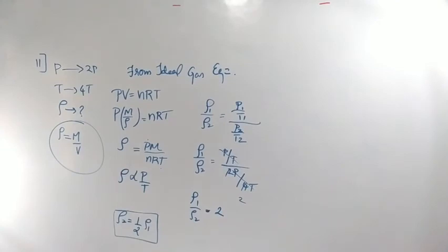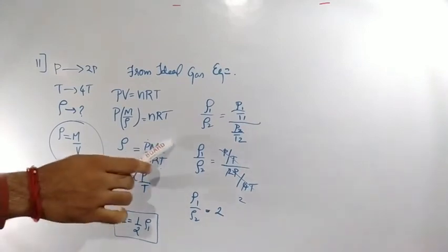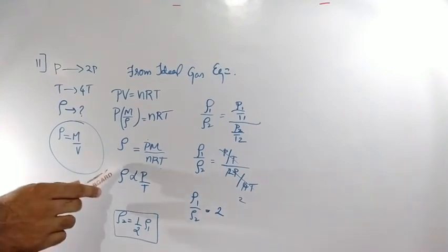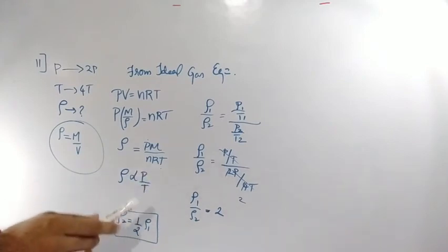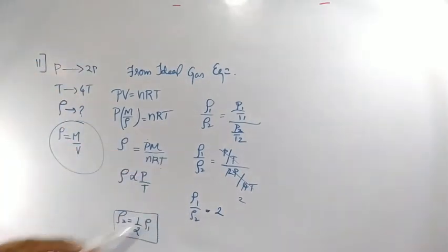Understood the problem? They are telling that pressure is doubled, temperature becoming 4 times, then what will happen to the density? Just take the ideal gas equation, change it with the density relation, which is m by rho, then separate rho as P, M, N, R, all three are constants. So rho is proportional to P by T. So I can write rho 1 by rho 2 is equal to P1 by T1 by P2 by T2. P1 and T1 values are P and T. P2, T2 values are 2P and 4T. Substitute and cross check, you are going to get rho 2 is equal to half times of rho 1. Clear?